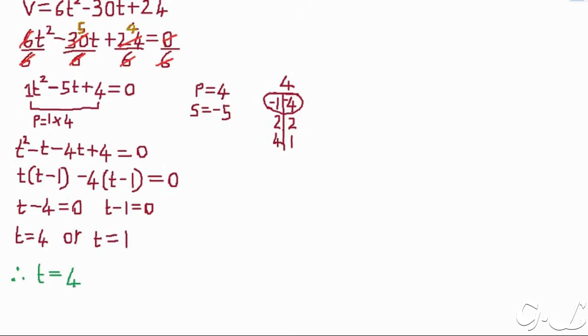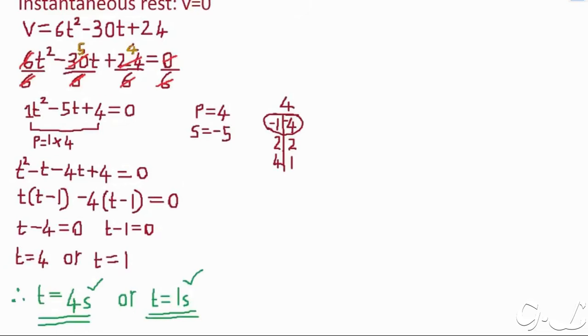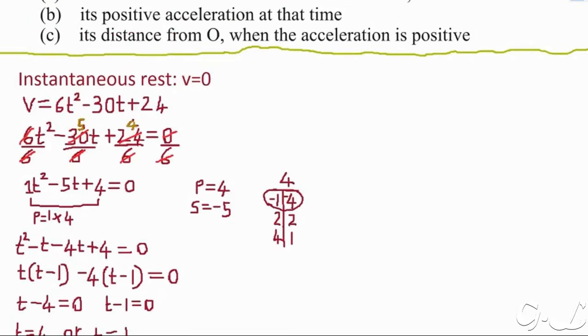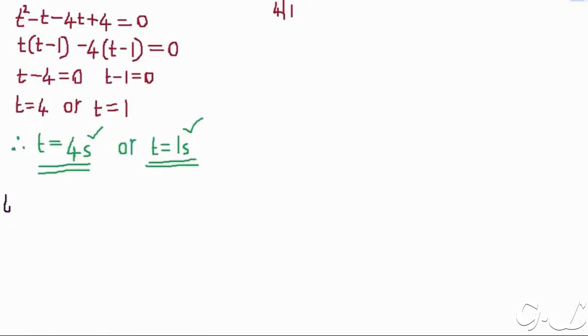Time is measured in seconds, so you have to put seconds, don't forget. So t is equal to 4 seconds, or t is equal to 1 second. It will be like that. Therefore, that's how you get your marks. So that's how we find the value of t when it is at instantaneous rest, and then you even get your marks. Let's now go to B, which says